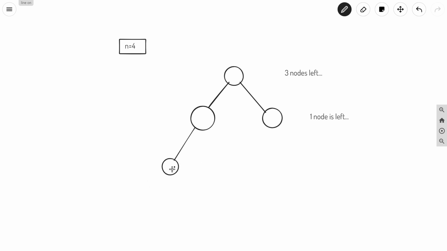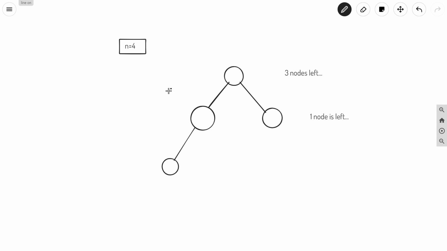So for n is equal to 4 we cannot have any full binary tree, because one node will be left at the last iteration, and we have to make it the child of some other node. So only one node is left, so there will always be a node having a single child. You can see that in this case a node is having a single child.